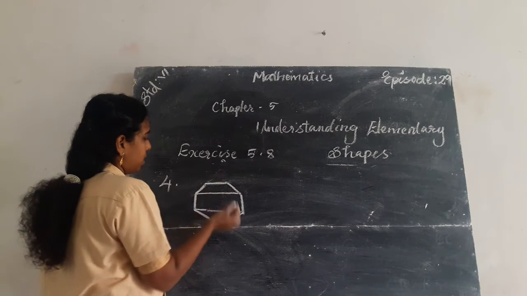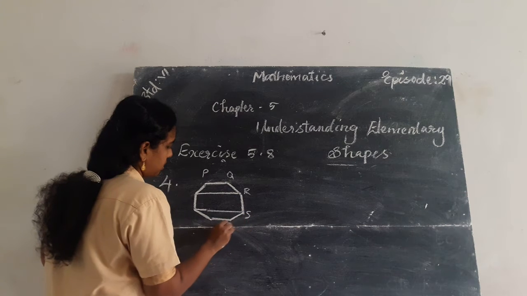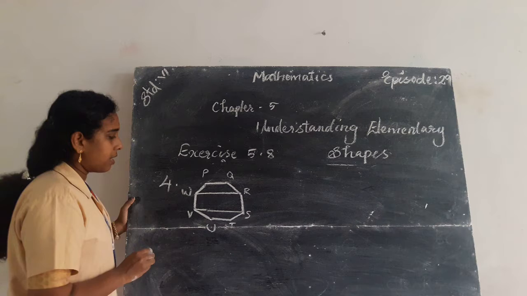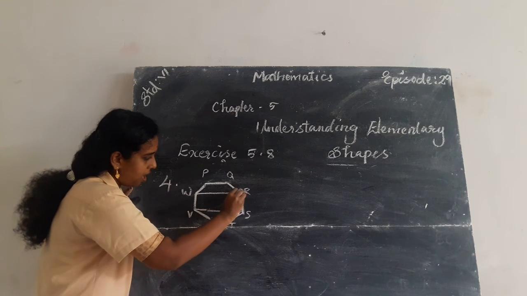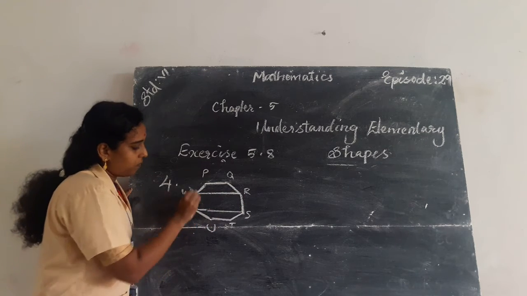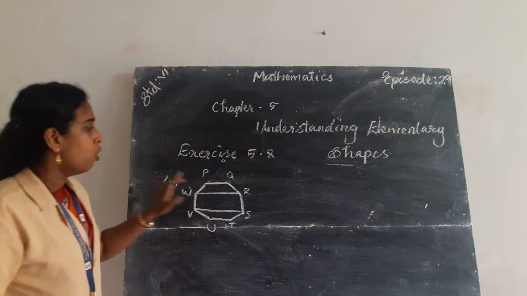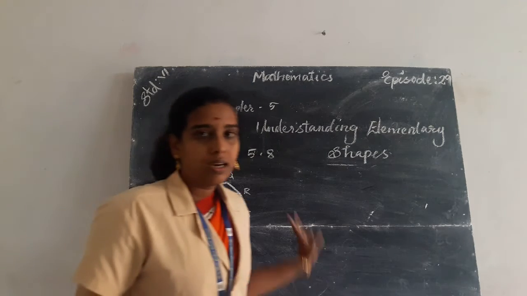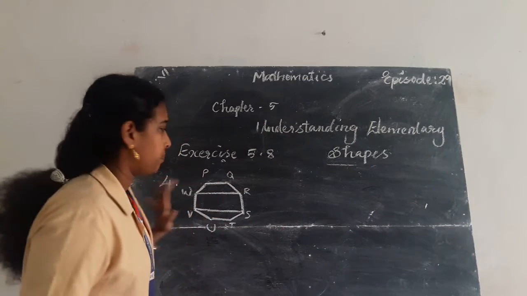If we name the octagon as P, Q, R, S, T, U, V and W, then we get the rectangle S, R, W, V. Okay, or R, S, V, W. These are the rectangles that we get from the polygon when we join 4 vertices of the octagon. Okay, so this is the answer of the 4th question.